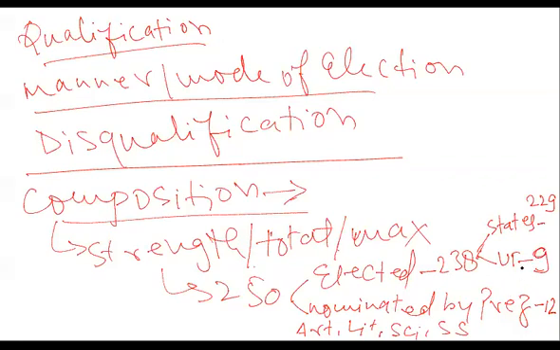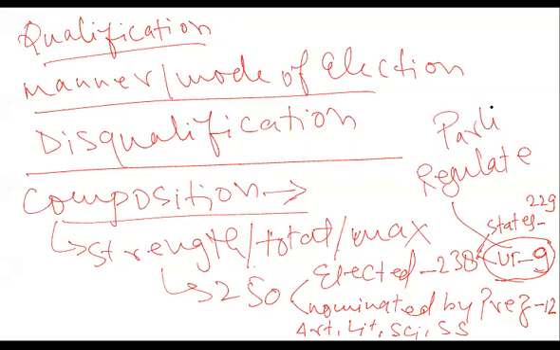So this is the thing, but there is a catch. There is a condition. The condition is that this number, that is the representation of the union territories in the Rajya Sabha, can be regulated by the parliament. So parliament has power to regulate this number. Parliament can regulate the representation of the union territories to the Rajya Sabha,